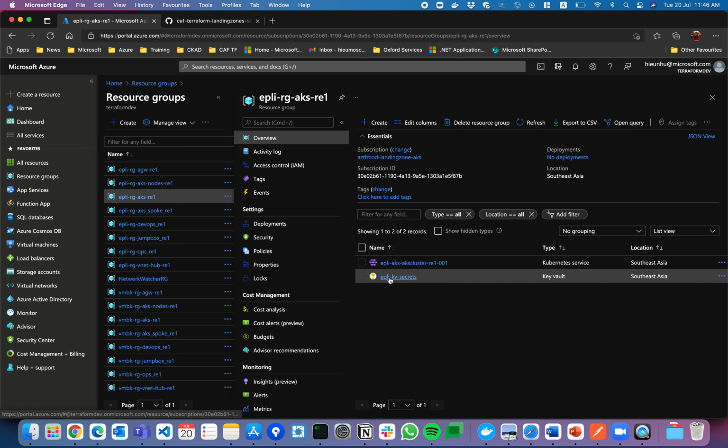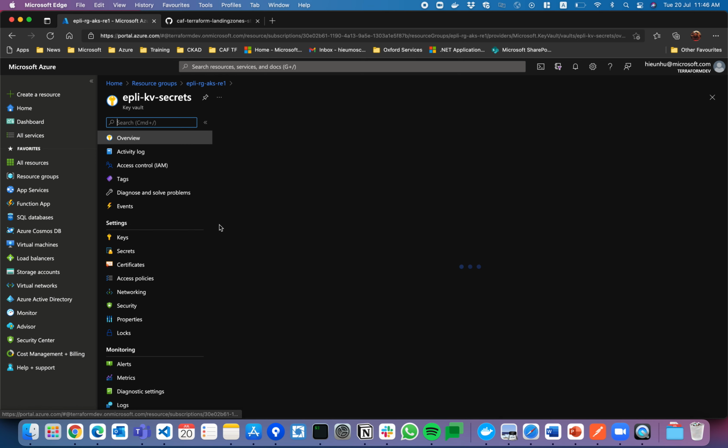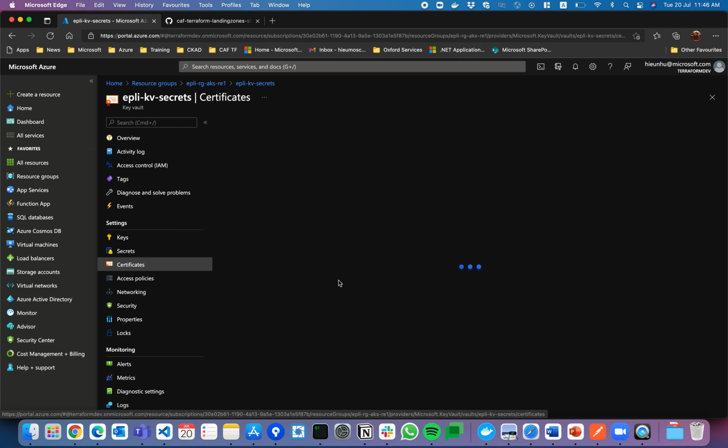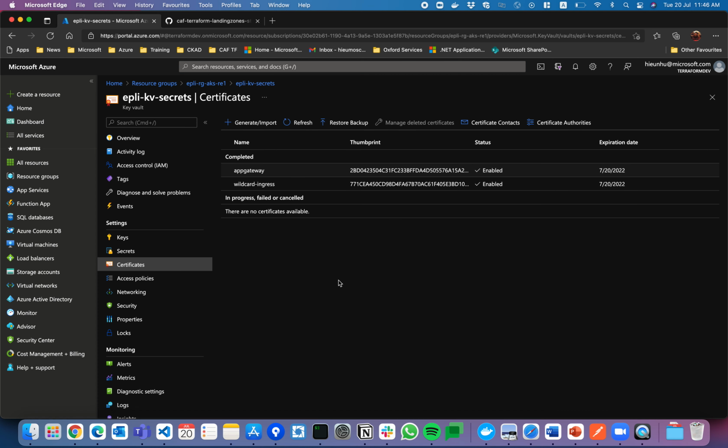And then we have an Azure Key Vault that contains some of our secrets. So the main secret in this example is a self-signed certificate actually created by Azure Key Vault, right? So one is for the application gateway and one is for the ingress